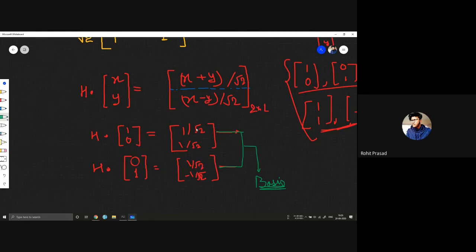If you take a dot product of these two, you will get 0, right? And the magnitude is also 1. The magnitude of this whole square plus this whole square is also 1. So these belong to your vector space Q, and they are orthogonal. So they can be a basis of this vector space Q.